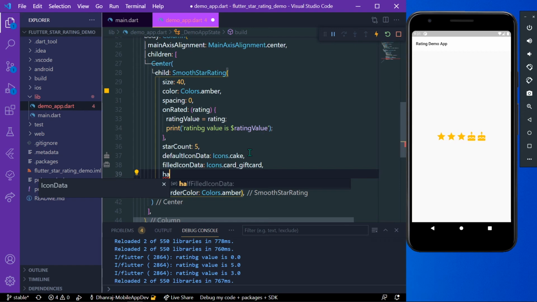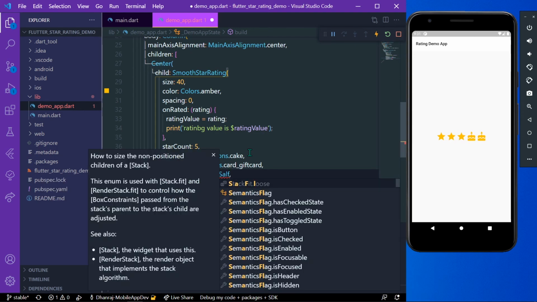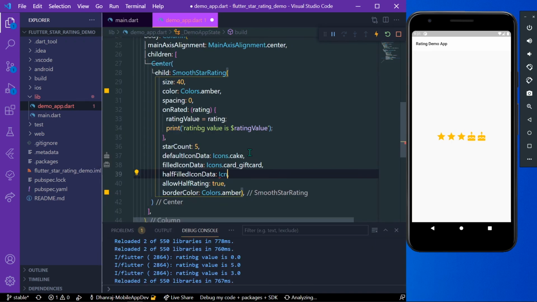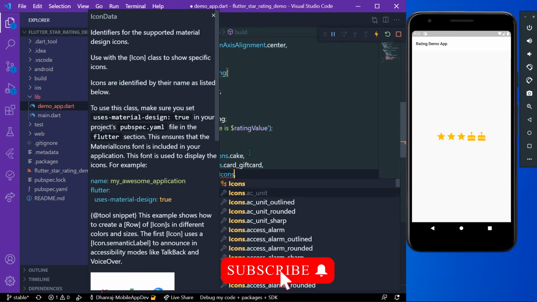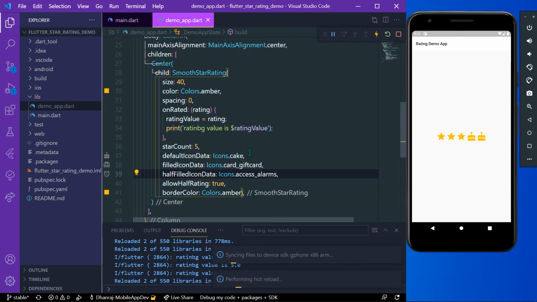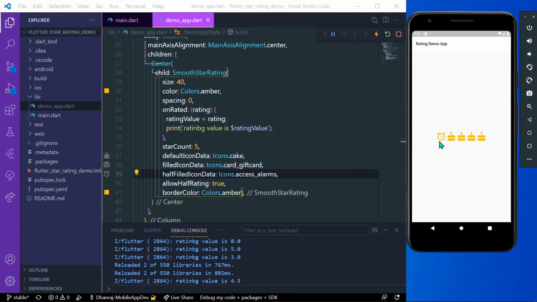And when the half icon is selected, let's say we'll give it another icon, let's say alarm. So now you can see you can have a custom star rating or anything that you want.